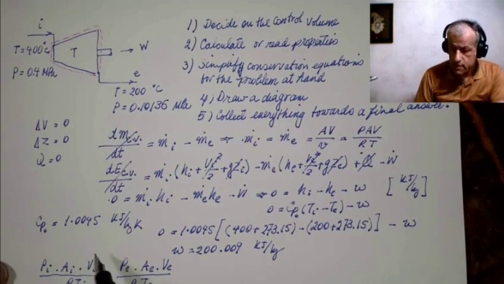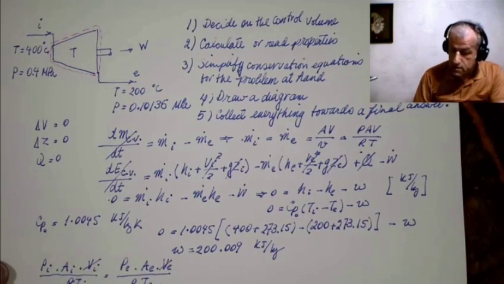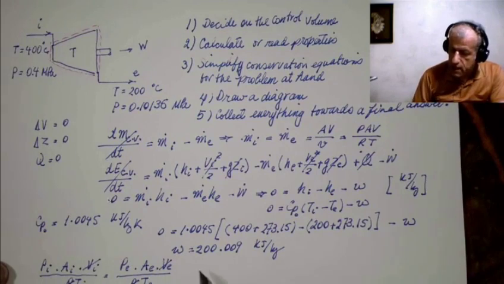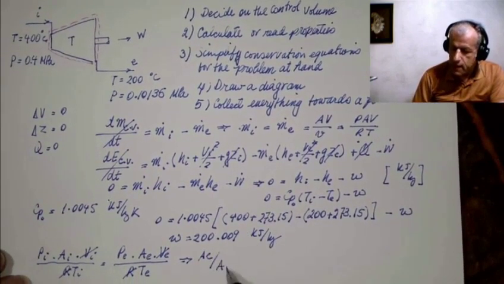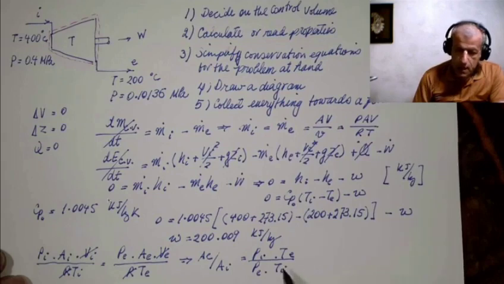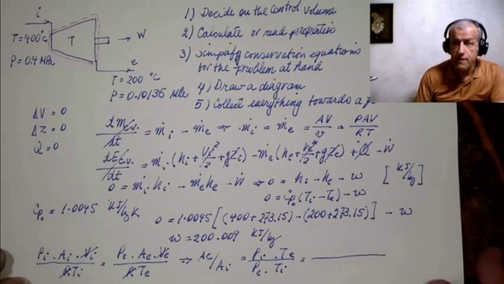We have assumed that the changes in velocity are negligible. R is also the gas constant for air, which doesn't change, and therefore the conclusion is that A_e divided by A_i would be P_i times T_e divided by P_e times T_i, where we do have all the values,